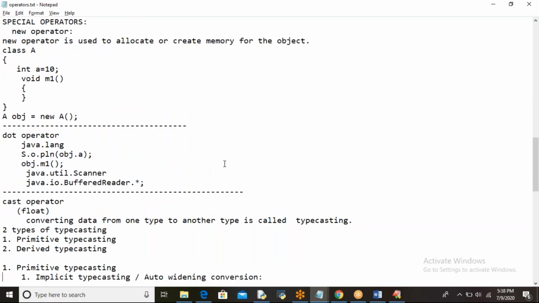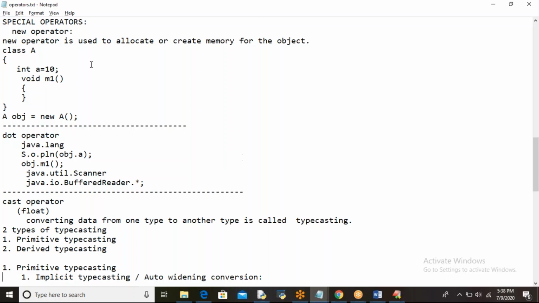Next one is special operators. Here we have a new operator. I have explained this already to you. This is used to allocate or create memory for the object. When you write a class, the class will be loaded, but whenever you create an object for the class, then the memory is created for the variables and methods present inside the class. So to create an object for the class, you are going to use the new operator.